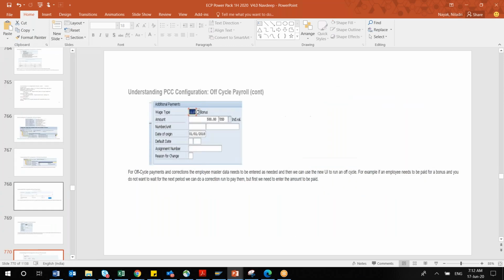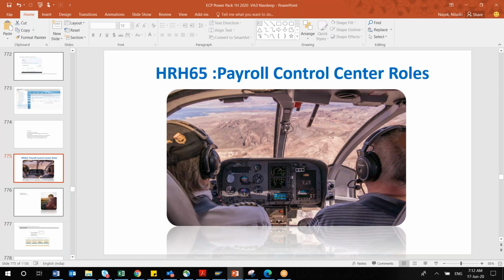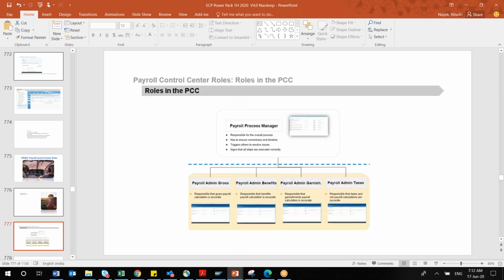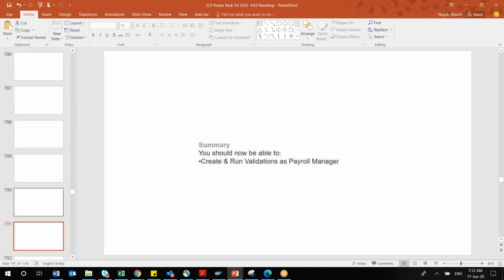Then there are two other important things which I'll be explaining. One is the different roles. This is also very simple, like manager and administrator, from an ECC or front-end system, which I will explain again.